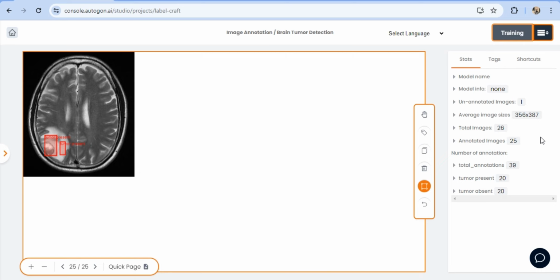You can even check the documentation. You can run predictions via Postman if you are a technical person. I'm also going to be adding the docs link to the description of this video, and you want to check that as well. This is very important because let's say you've built the model and you're satisfied with the accuracy, you now want to interface with it via API. Of course, you can always do that. You're going to see the description of how that can be done